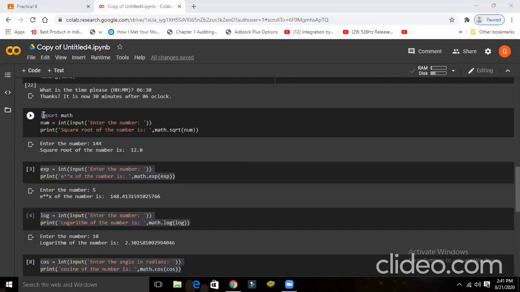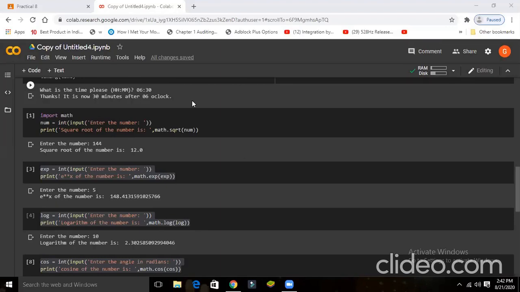So here you are using first import math. So why do we import the math library? Ma'am, the math library has functions like square root, SQRT, exponential, and to use all of those we have to import that library. Okay, because we require the inbuilt library, all the functions are defined in the math library, right? So we need to import it.